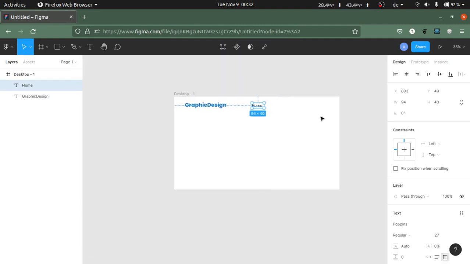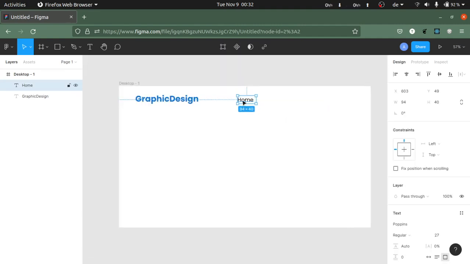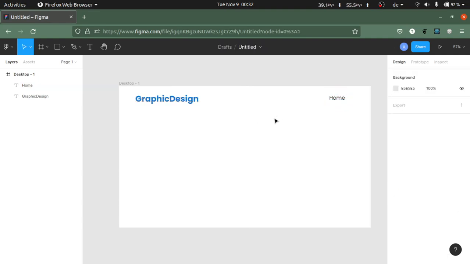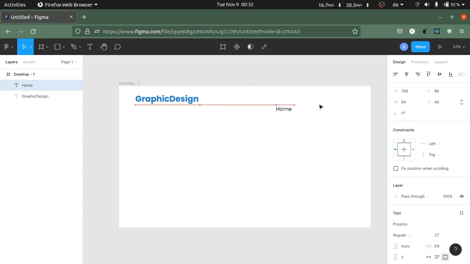Next thing, we need to move it somewhere. Are we going to put it next to the logo or to the other side of the web page? Personally, I prefer putting it on the other side, but here comes another point. Where do I put it exactly? Do I put it to the side, like here or here? They're all good options, but